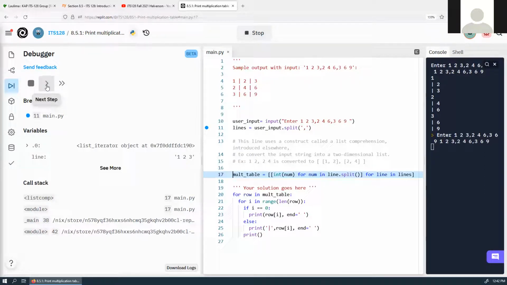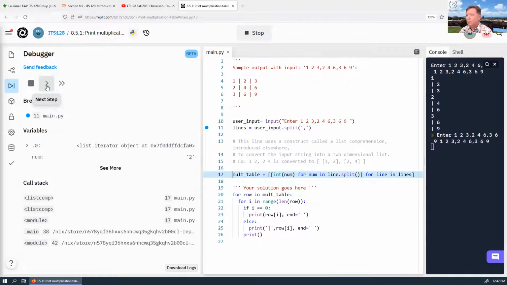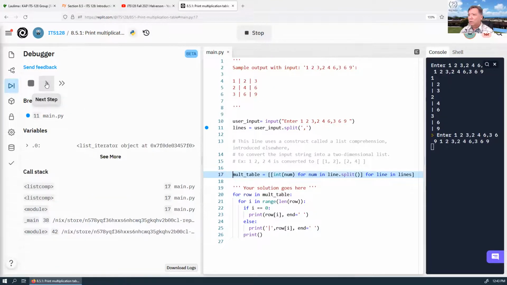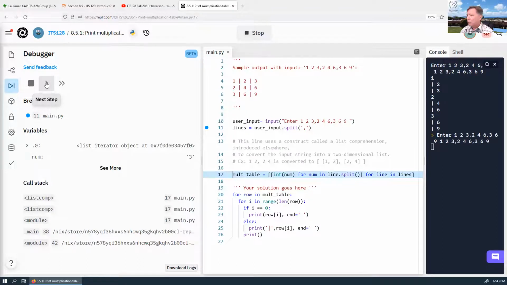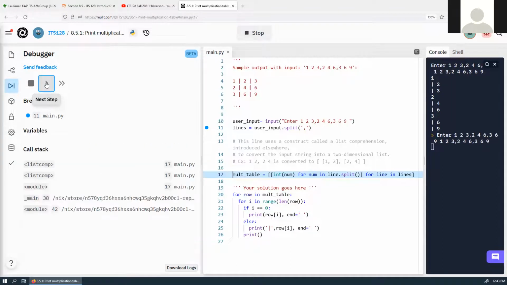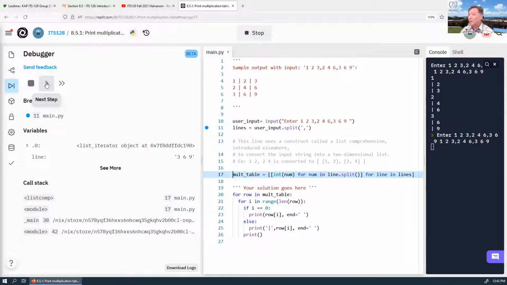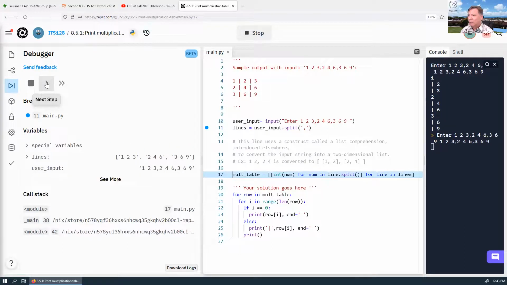Oh, it looks like it's going through each number. Oh, and then it's repeated. Yeah, because num's got a value here, so that's why we're seeing a num over here. Yeah, it's got to do all through these loops. There's lines. To 3. Yep. And now we're on 2, 4, 6. Yeah, okay, the middle one. And then we're going to see 3 on the line 3 now. That's 3 and 6 and 9. Yeah, okay. And finally,